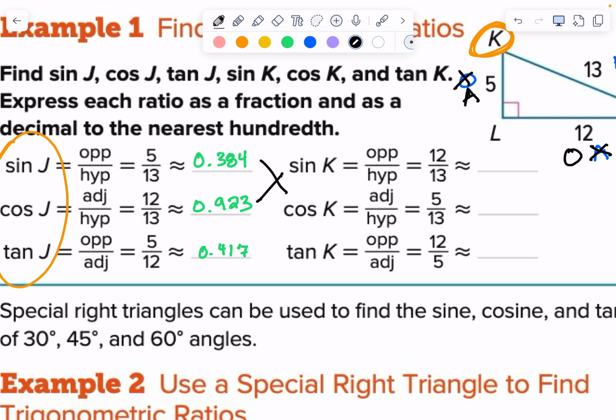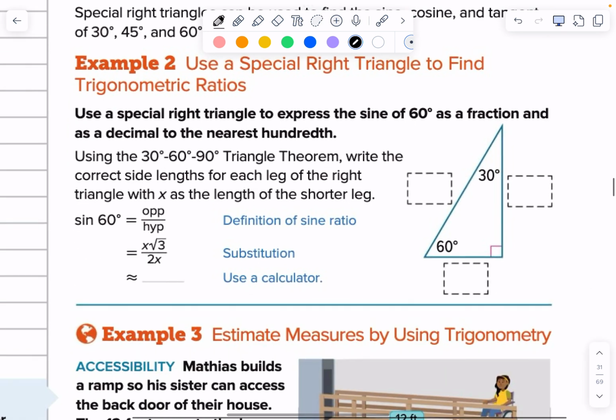Now, tangent, what happens to him? He flips it, right? 12 over 5. Okay, so this is 0.923. This is 0.384. And this guy is 12 over 5, which is what? 2.4? Okay, there you go. Okay, so do you see the relationship? Because the opposite and adjacent flip places with each other, the sine and cosine are going to switch, right? All right, now let's use that to